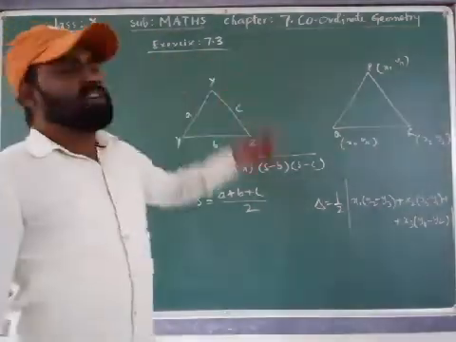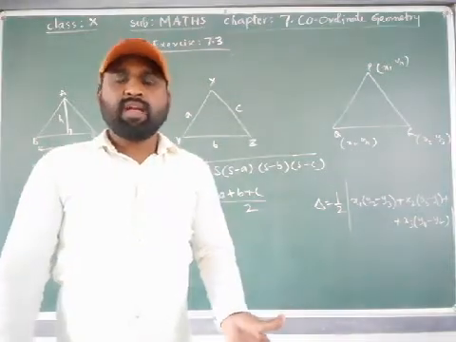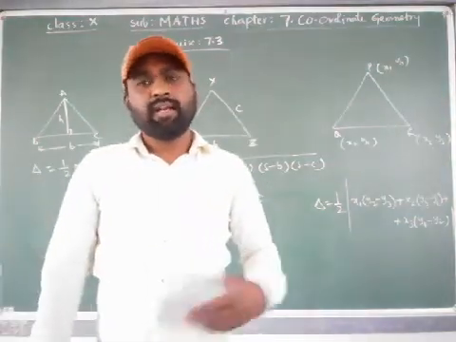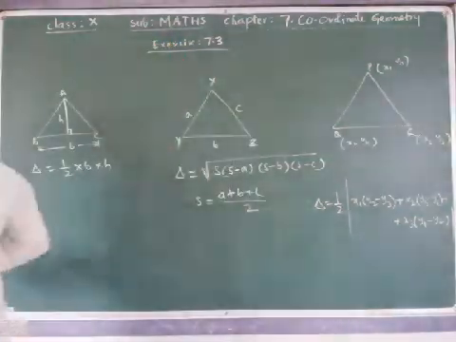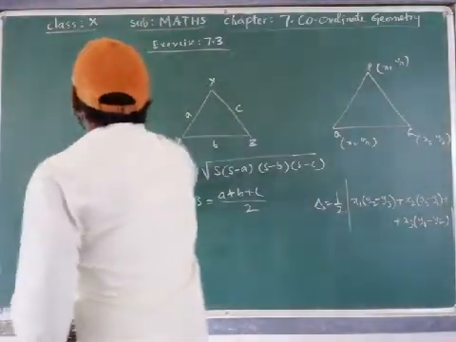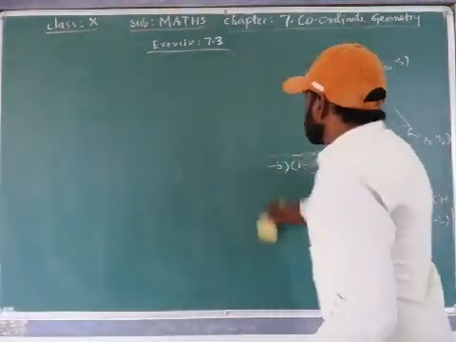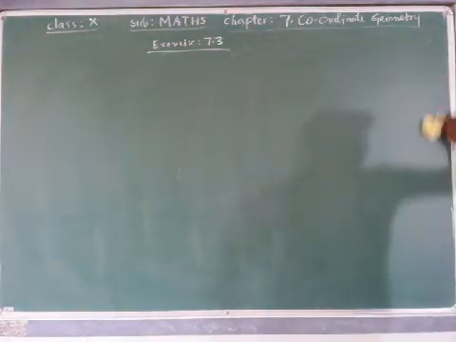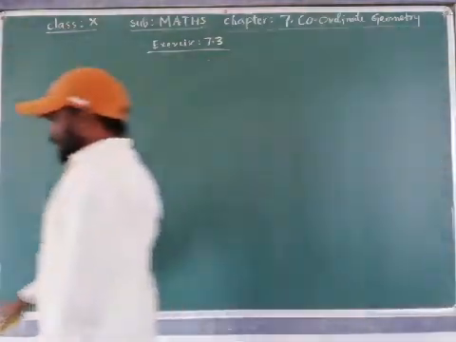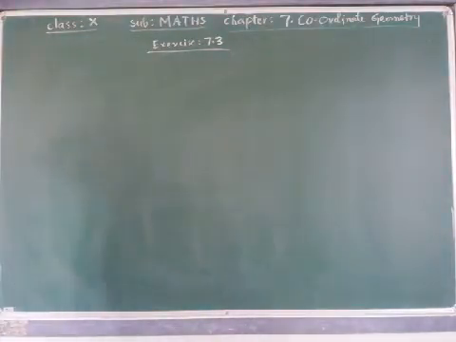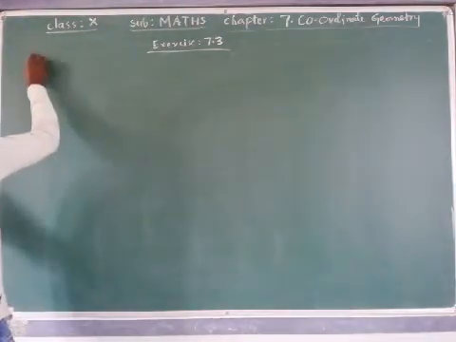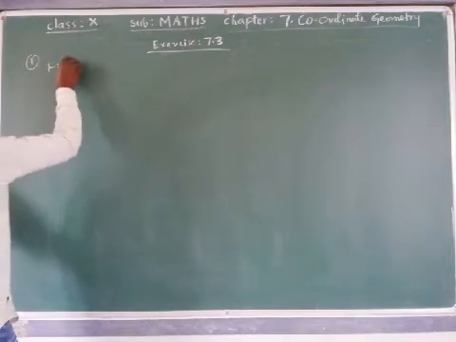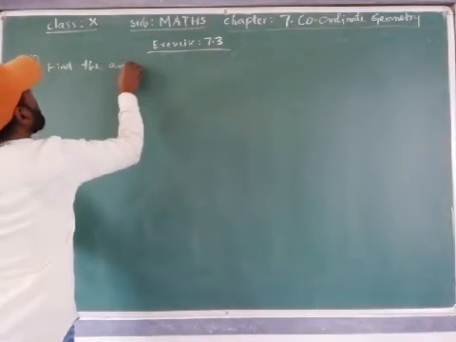Now in exercise 7.3, what is given? How to find the area of the triangle? Let us see now. See exercise 7.3, the first question. In the first question, the 3 points are given, which are the vertices of the triangle. Given that, find the area of the triangle. First question: find the area of